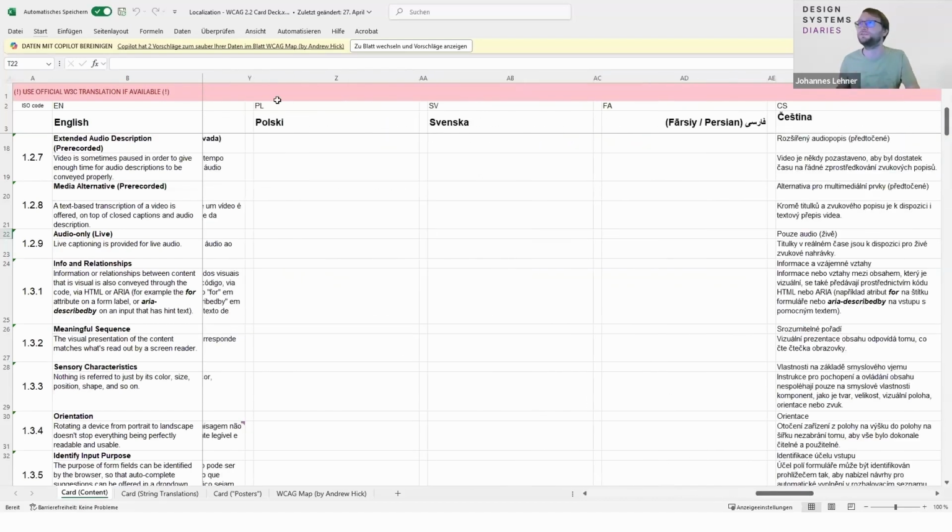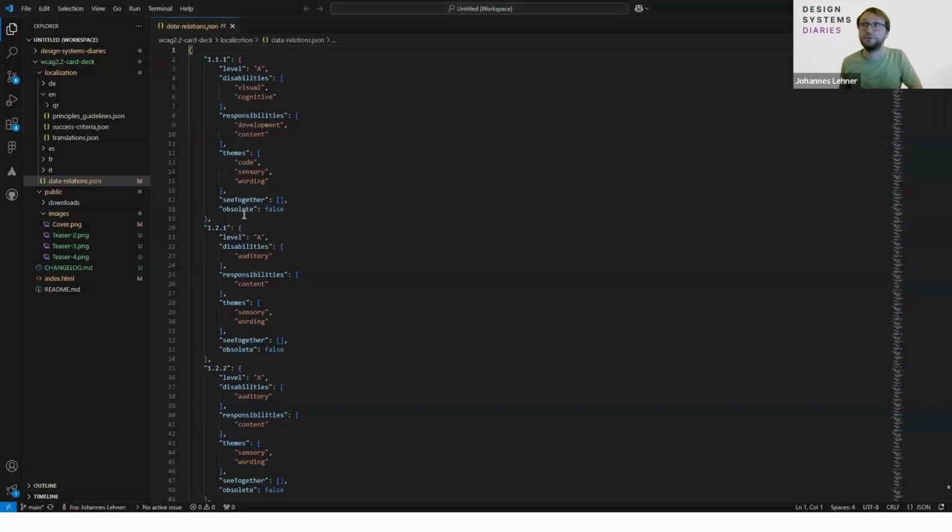Ukrainian and some others. The reason I put it in an Excel file and not on GitHub is that I wanted to keep it really basic so everyone can contribute, not just people who are used to working with GitHub or another tool. Most people know how to work with spreadsheets. So that's why I introduced the translation file here. But it exports to JSON, and that's what I was showing here. If you want to create something on your own based on the translation, then GitHub is the place to go. You can also import it.